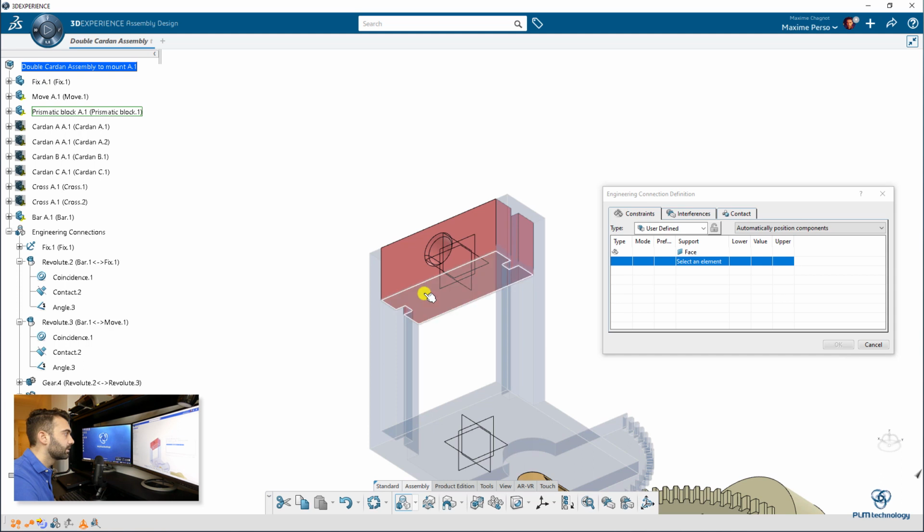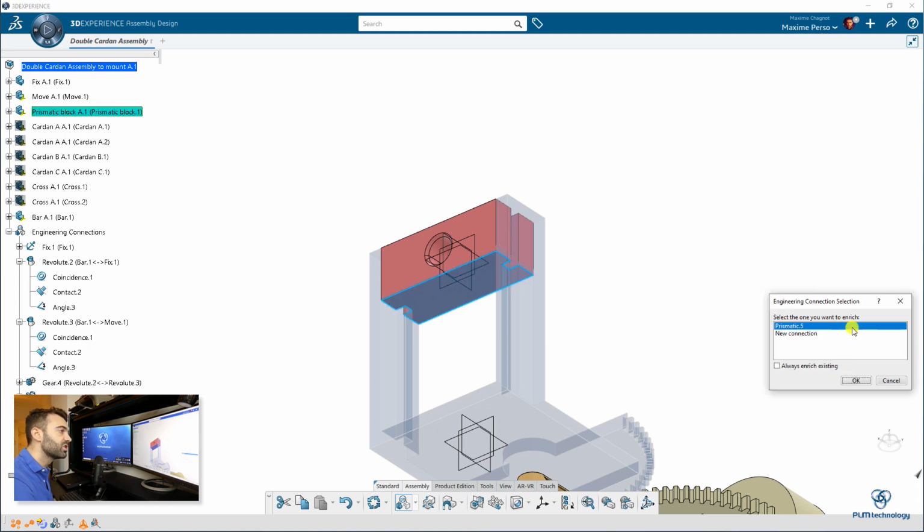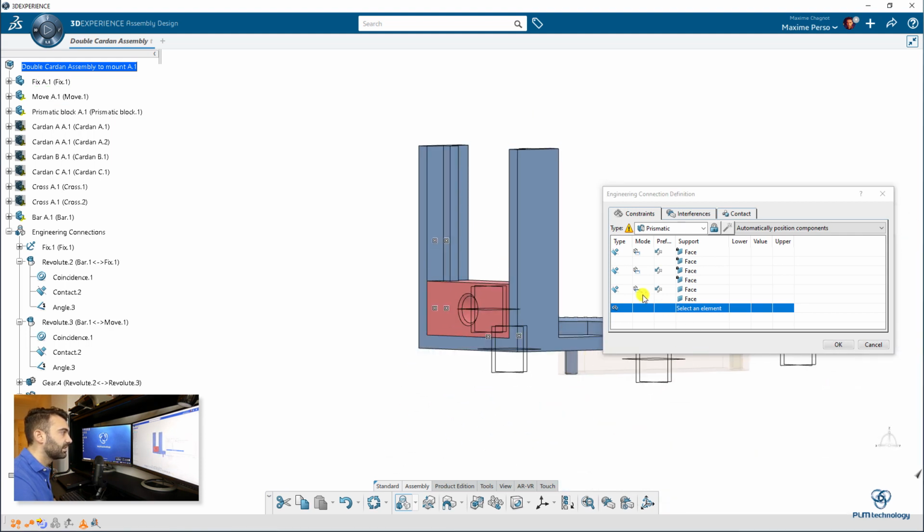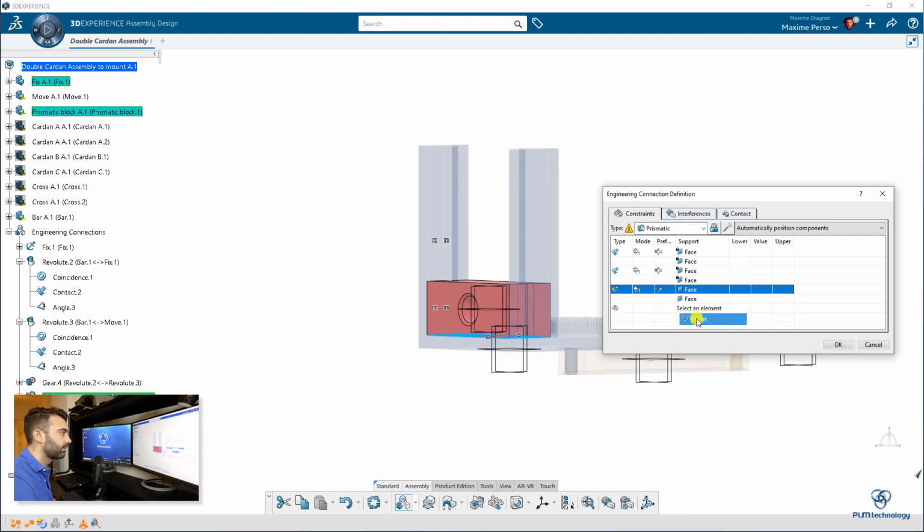You see this one, and now the software says you want to enrich the prismatic, and I say yes, I want to enrich that, except that it is not a contact I want, it's an offset. And you update here, okay, remember to select control, now it's going back to prismatic. What do we want? Here we want the maximum value will be 50 millimeter, okay, and the lower value should